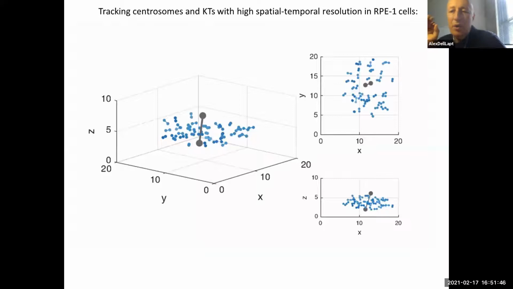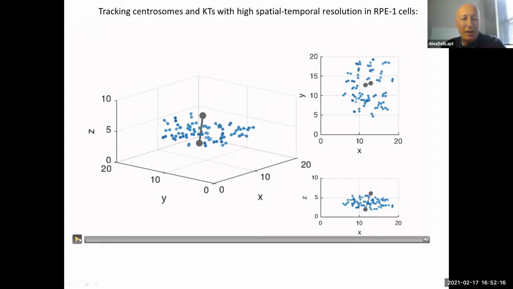So what we were missing all these decades before the last few years is actual biological data of what is actually happening with the centrosomes and the chromosomes, kinetochores, in space and in time in the cell. It was next to impossible to track kinetochores and centrosomes with high enough temporal and spatial resolution. And so finally,